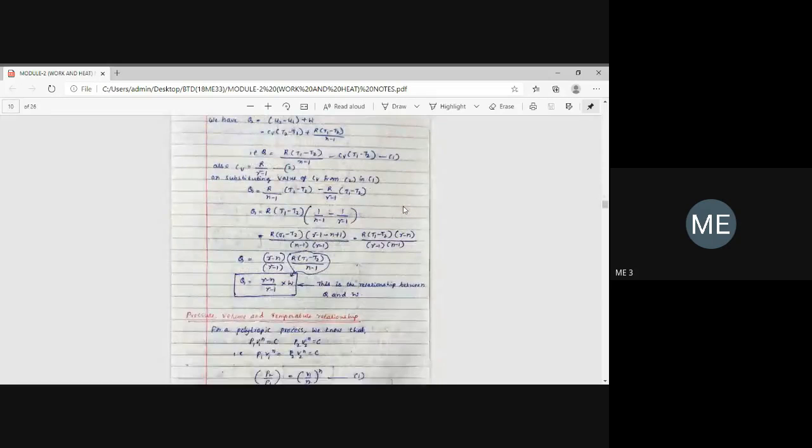I wrote this equation as CV equals to R divided by gamma minus 1. How we are getting this equation is, you remember one more equation, CP minus CV equals to R. Okay, the relationship between CP, CV and R is given by the equation CP minus CV equals to R. That is, gas constant is the difference of specific heats. Okay, how gamma is the ratio of specific heats, like that gas constant is the difference of specific heat. Whenever you're taking the ratio, you write it as gamma. Whenever you are taking the difference, you take it as R.